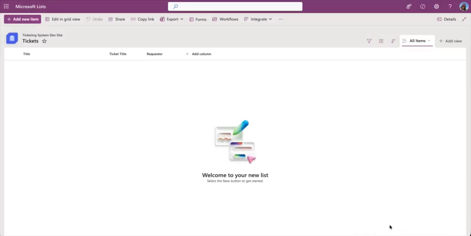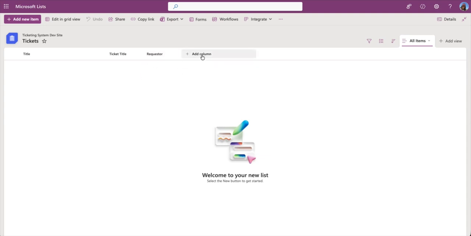For the initial setup of the app, it's also important to make sure that all of your column names match the column names that I'm typing here, because these are the column names that are used within the app. Later on, if you want to make changes to the app, you want to update some things, you can definitely go in there, change the columns of the list, add different columns, and then just change those references within the app once you have the app running. But for now, make sure that all of your column names match the column names in the documentation and here